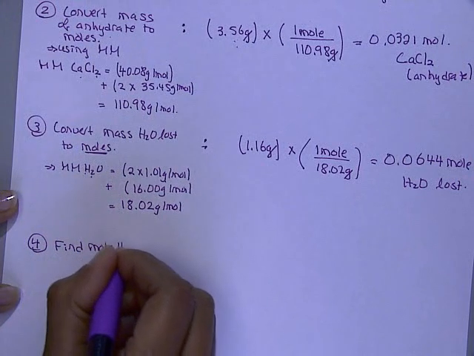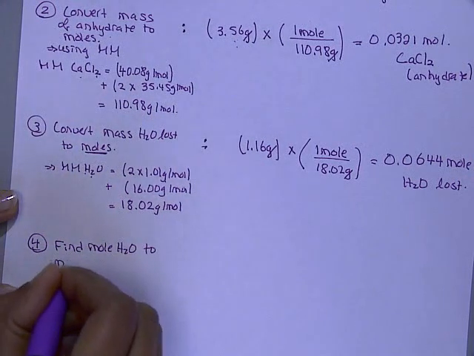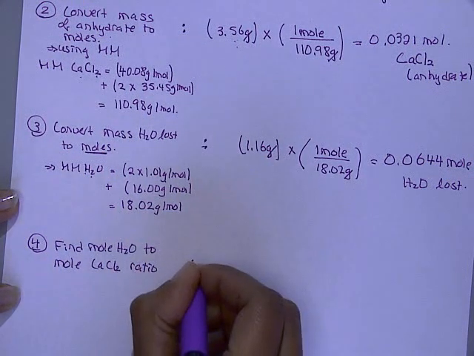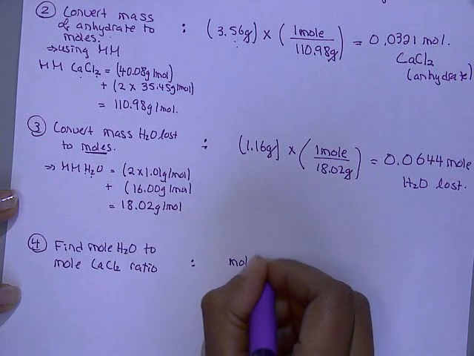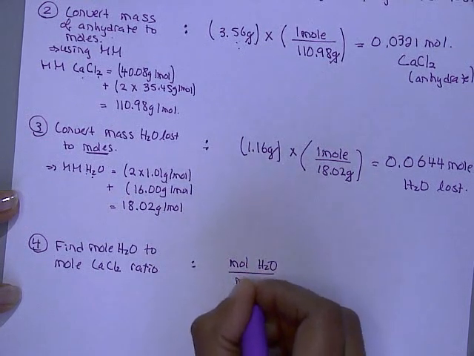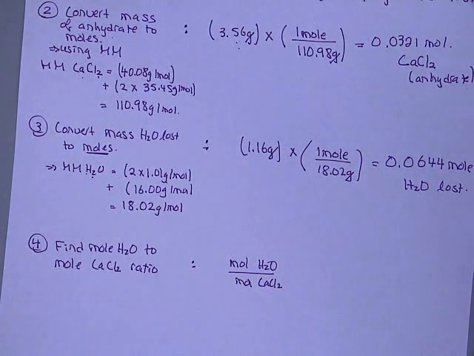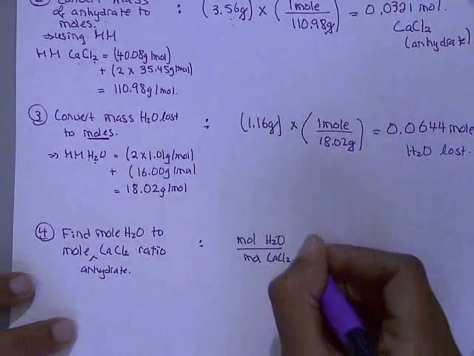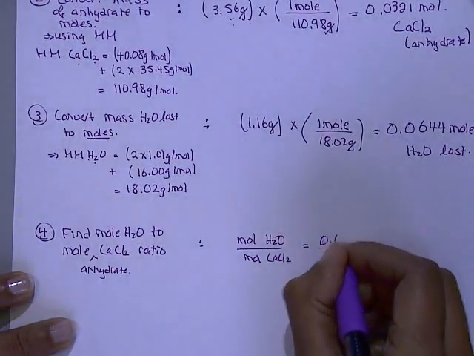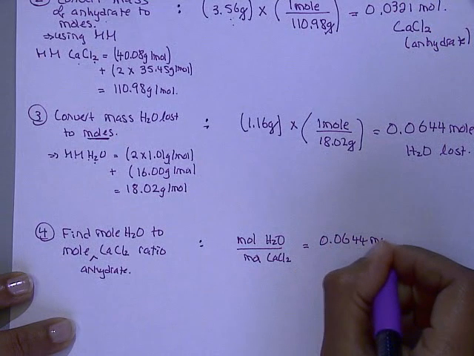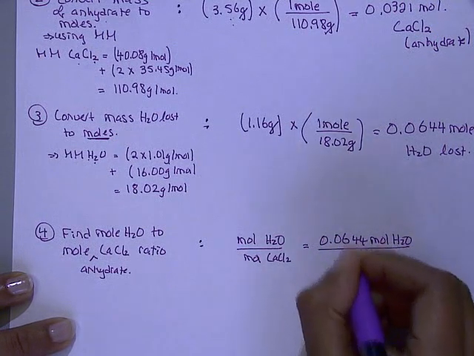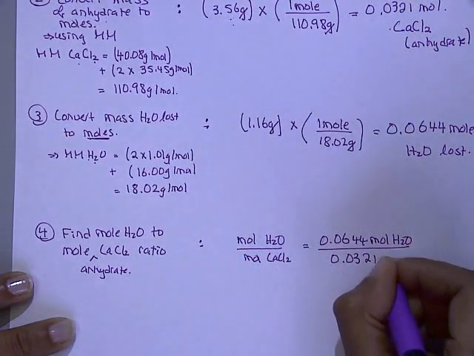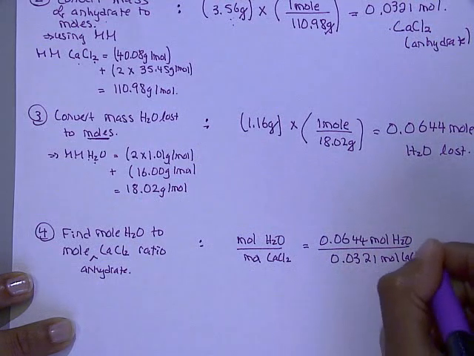is to find the moles of H2O to moles of calcium chloride ratio. So what does that actually mean? It's literally moles of H2O divided by moles of anhydrate calcium chloride. Let me put an insert here. This is your anhydrate, not your hydrate. Okay, so let's just plug in our numbers. So it's 0.0644 moles of H2O divided by our moles of calcium chloride anhydrate, 0.0321 moles CaCl2,